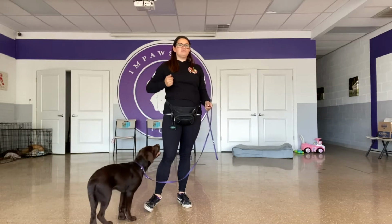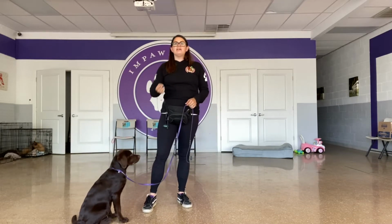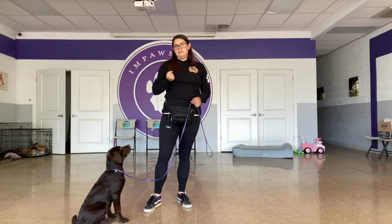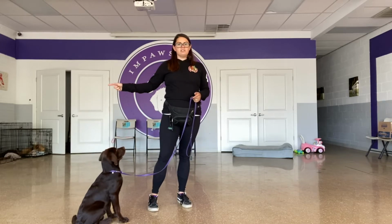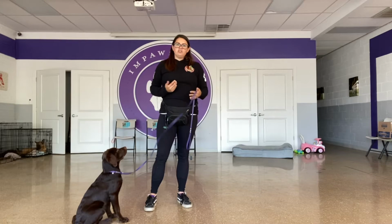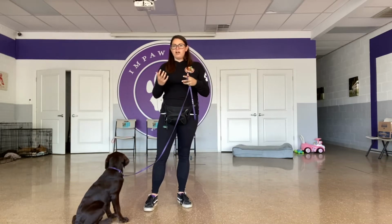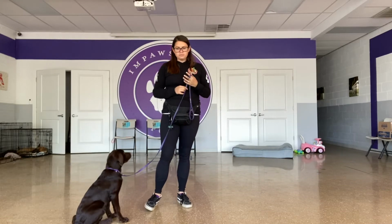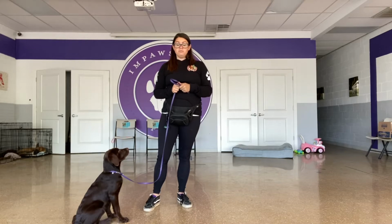And then if she's doing something or I've asked her to do something and it's not exactly what I'm looking for, I can withhold food. Theoretically, if I withhold food because she's used to that sequence of reward, that's going to make her offer up new behaviors or try a little bit harder. So I'll use that style of motivation to my advantage to get her to try harder to do the things that I want. So if you're looking for anything to do at home with her, I really encourage